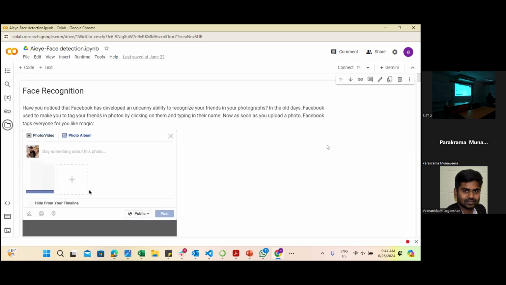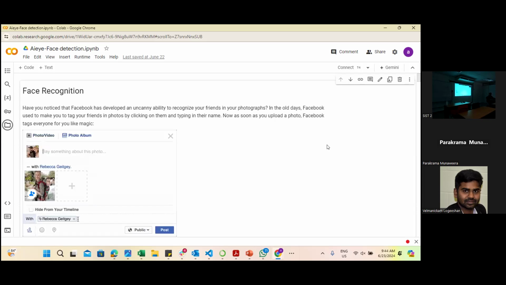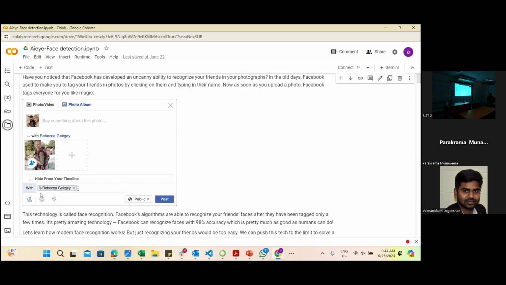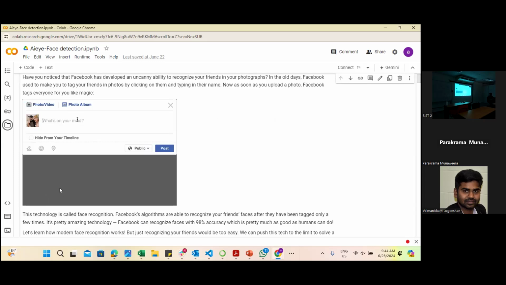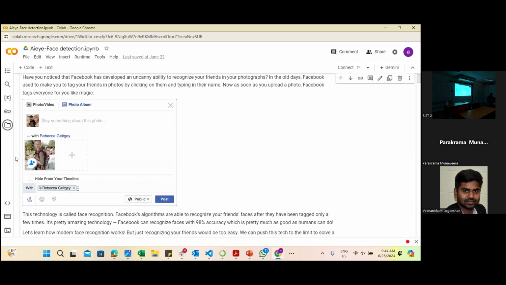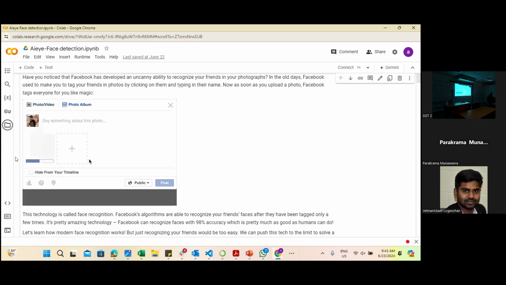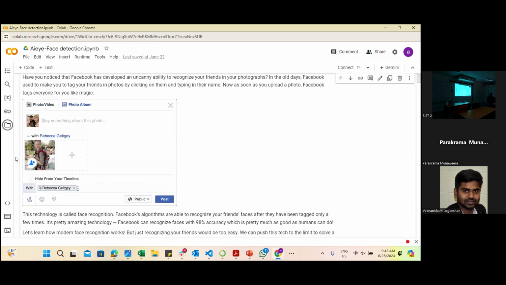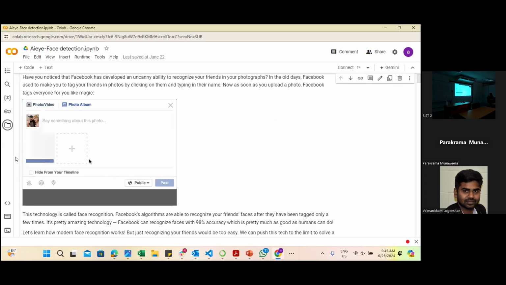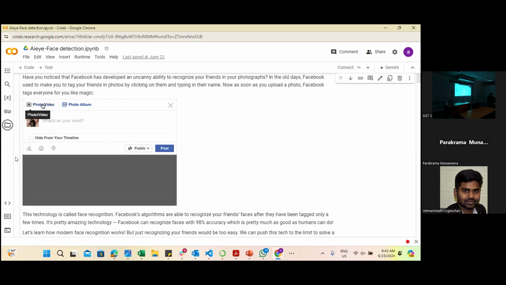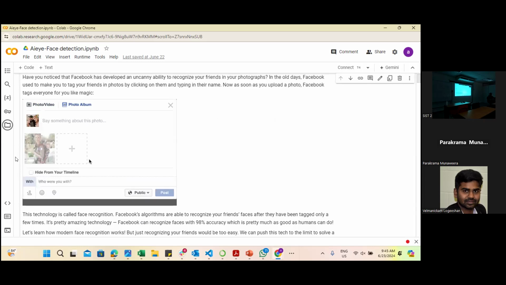Okay. So we are going to use OpenCV in this face recognition tutorial. As an example, as I said, when you upload a photo, it immediately identifies Rebecca. You want to tag Rebecca in this photo. When you tag a person a couple of times, later on it will be able to identify this is this